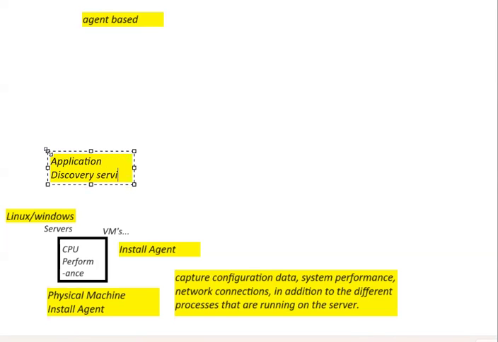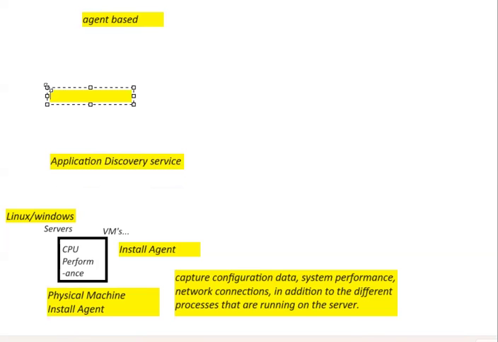Application discovery service. So this agent needs to register in this application discovery service, and this discovery service associates with the hub. What is that hub? Migration Hub, AWS Migration Hub. So it will integrate with Migration Hub. Whenever your agent is installed and registered in this application discovery service, then